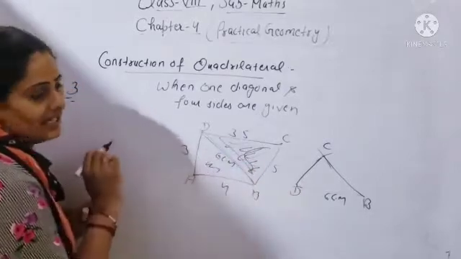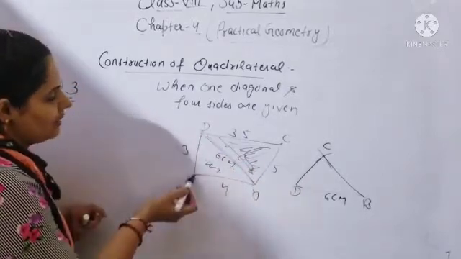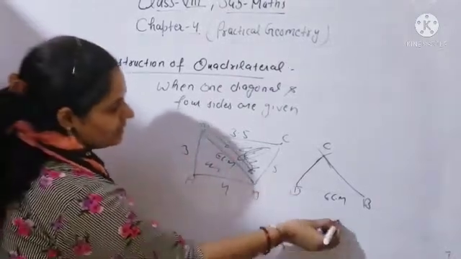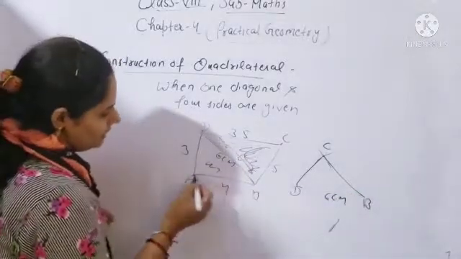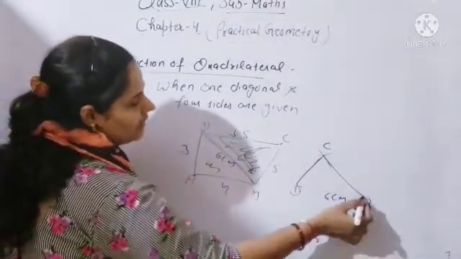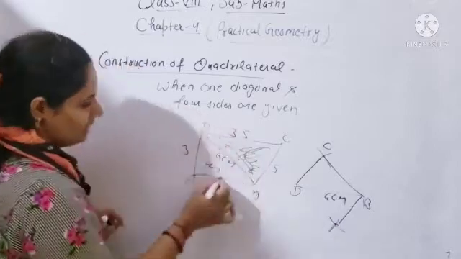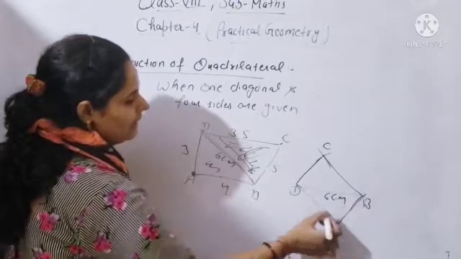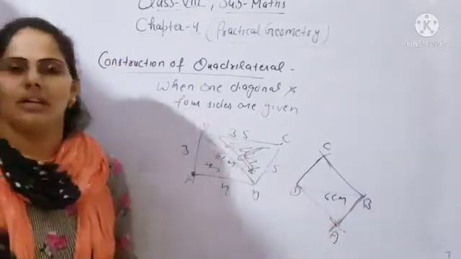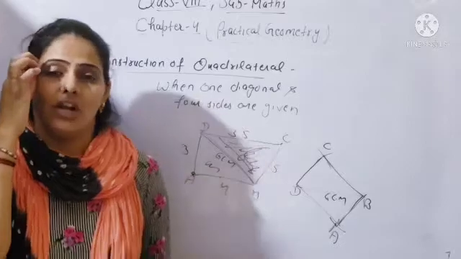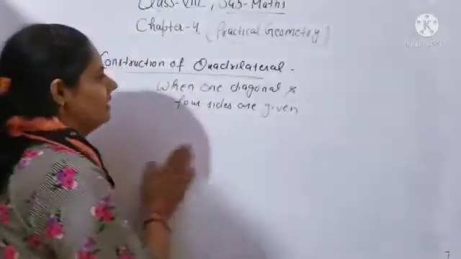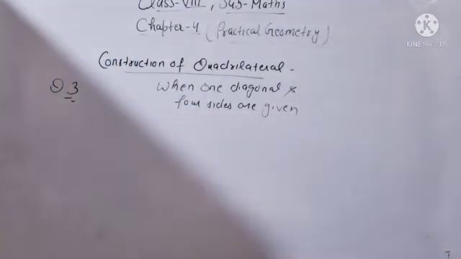Now you have to complete this triangle also. So from point D you will open your compass 3 cm because DA length is 3 cm and draw the arc downwards. And from point B you will open your compass 4 cm and draw the arc, like that. After that the intersecting point of both the arcs is A. So you will give the name, this is A, join the lines AD and AB. So this is your required quadrilateral. Like that you have to construct the quadrilateral when four sides and one diagonal are given. Clear, beta?